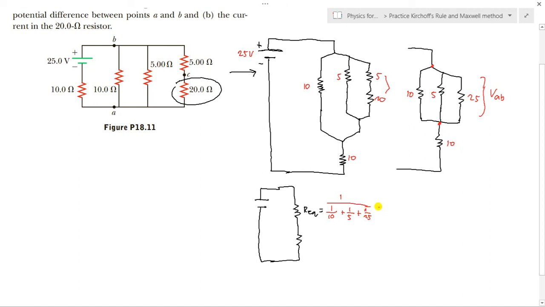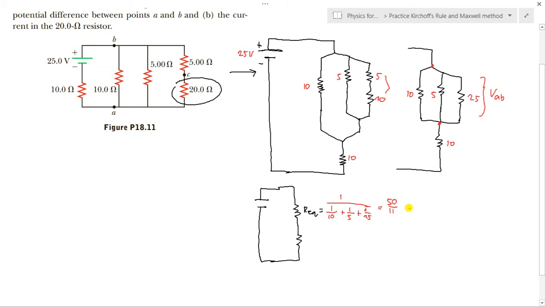Isn't that the formula for parallel connection? And the equivalent resistance is just the inverse. Don't worry, I recorded a video about this last time, so you can watch it. So this one is equivalent to